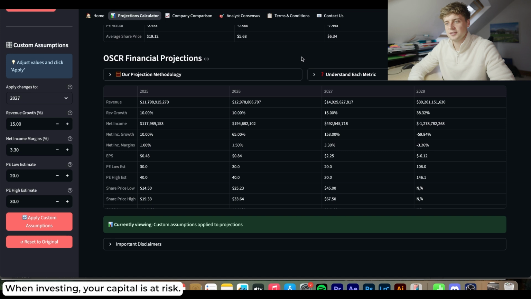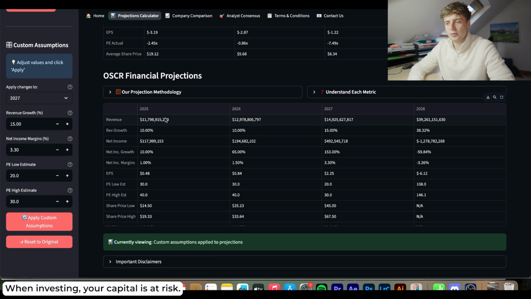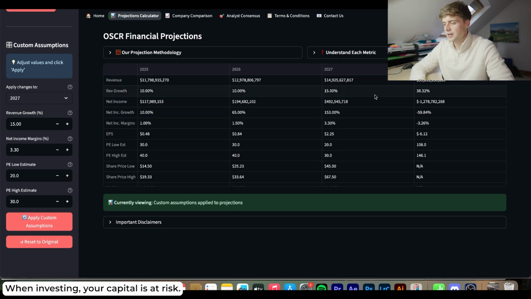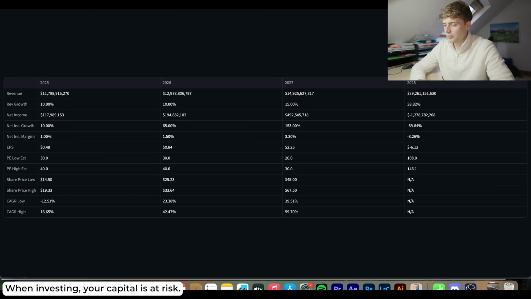It's not the case. You would look at what they're predicting for revenue growth going forward in 2025, 2026. But I was just trying to get the numbers as close as possible to the 2027 guidance that they've stuck with, which ends up giving you a share price of, as you can see, $45 if it was a PE ratio of 20, and then $67.50 if it was a PE ratio of 30.